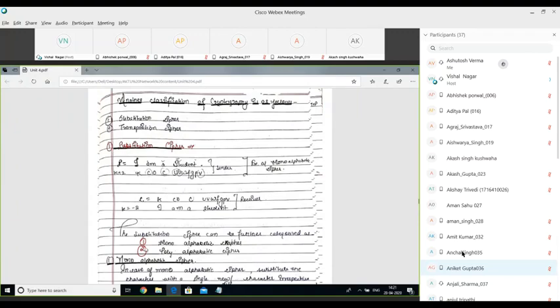Now class, this is the substitution cipher. Inside the substitution cipher, we have two ways. Here we can see that the frequency of letter A is 2.